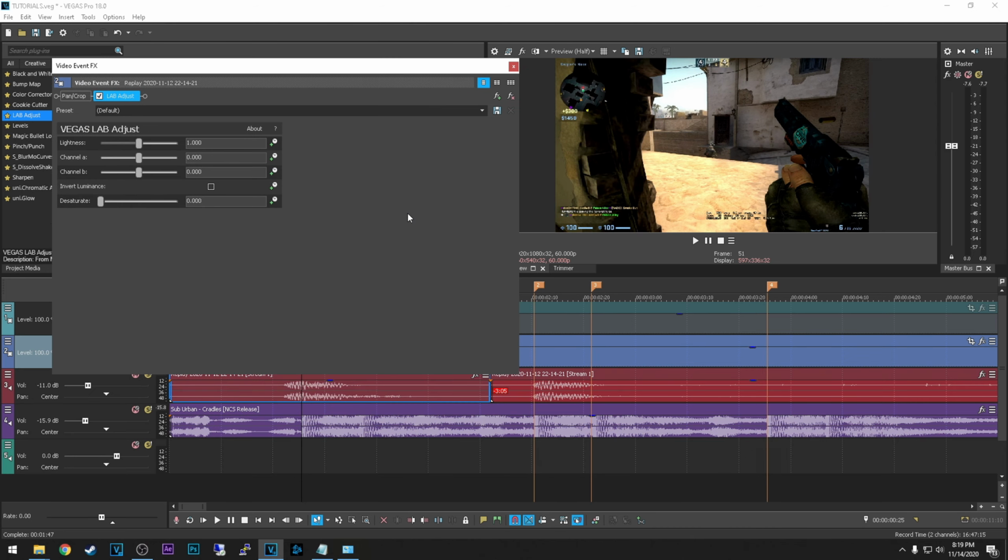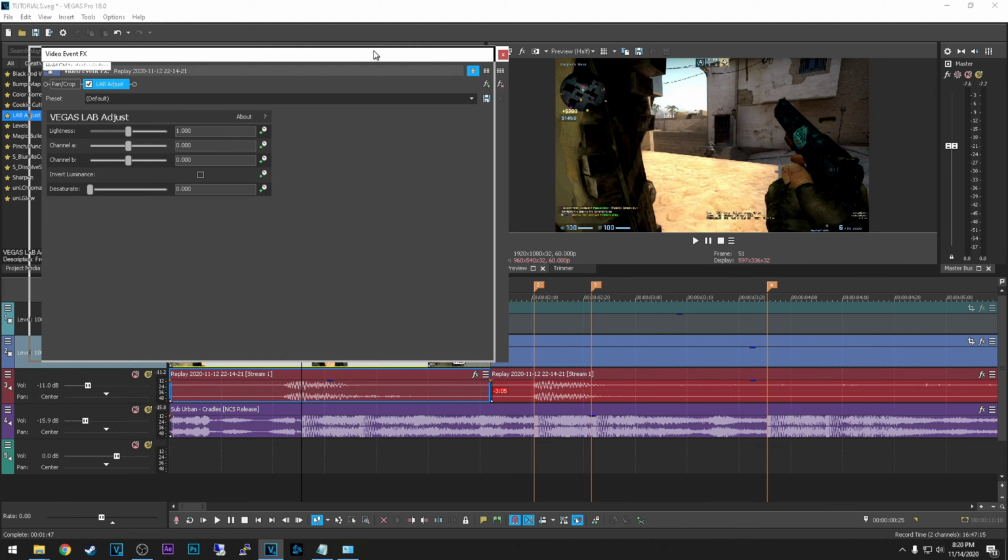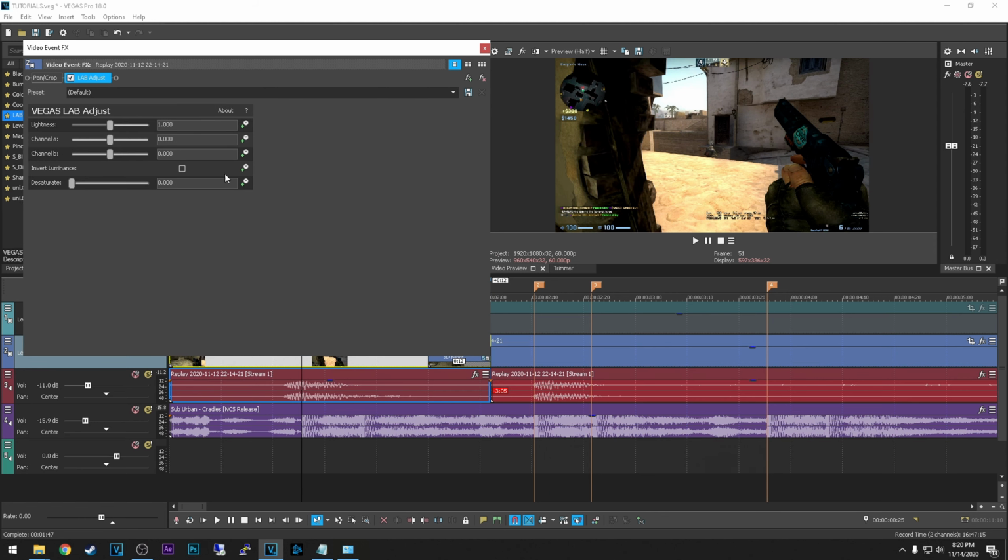Right, so nothing's changed because I've just dragged the default value instead of something already configured like red, lighter or darker or whatever. Right, so you can play with these settings. Let's say I want to add some more lightness. To be honest, lightness doesn't look so great here because there's already a lot of light in this footage right here. So I can just play with something else like this setting, channel B or whatever, to make it a bit yellowish, just like that.